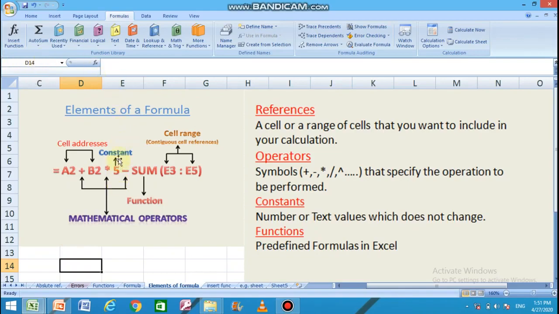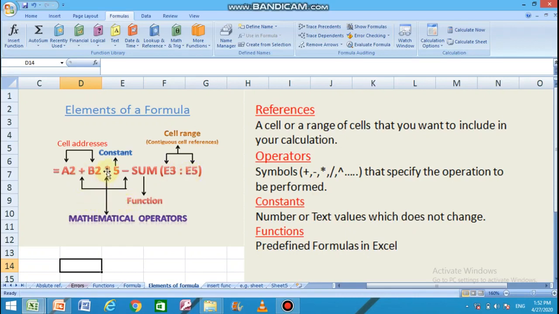Five is a constant. Constant means a fixed value. Cell range. Cell range means contiguous cells. A set of cells in a sequence, that is called a cell range. Here E3 to E5 means all the cells from E3 to E5 are covered for the calculation.